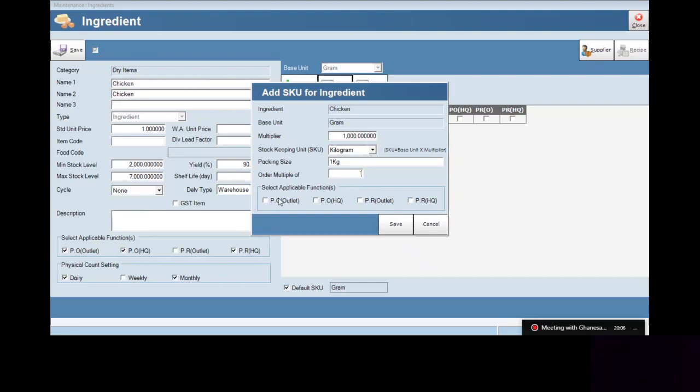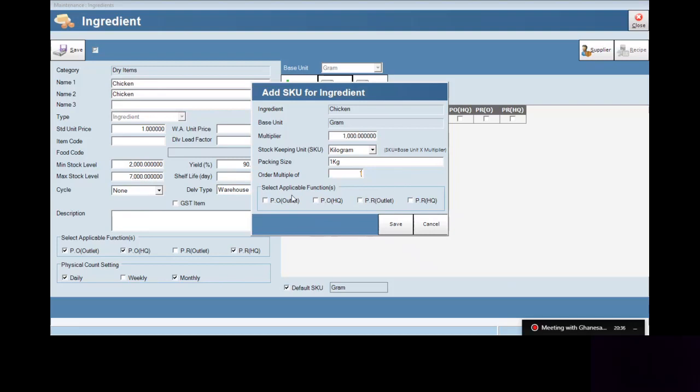All right, now here you can also select the applicable function. What is the difference between this main select applicable function checkbox, under the base unit of the stock keeping unit kilogram, and this select applicable function? This main applicable function is for the main item of the chicken, for the ordering part.